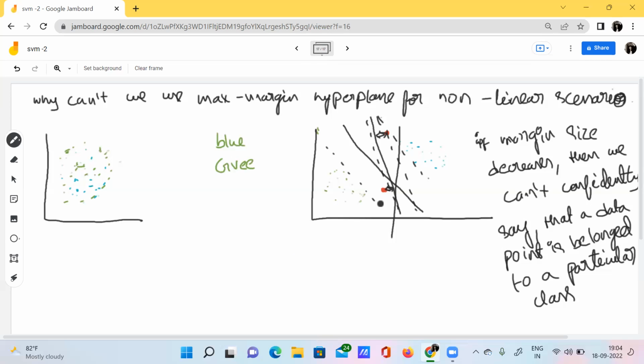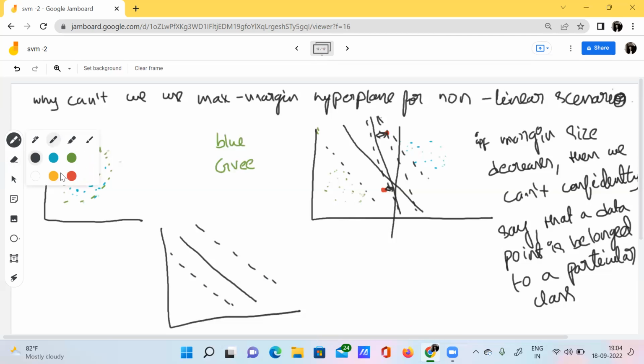And also, for example, if we have this particular maximal margin, and we have got this kind of margin here, and here we have some data points.